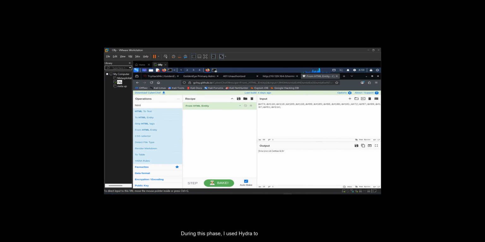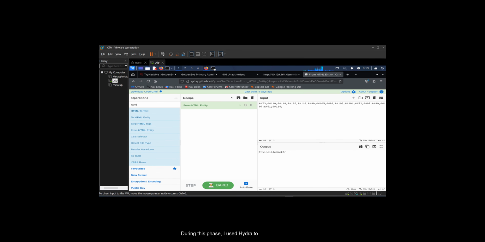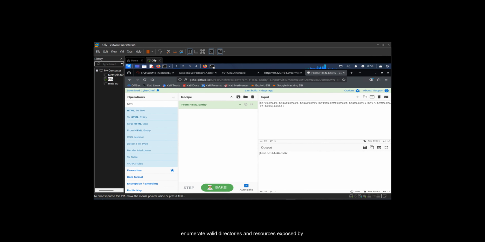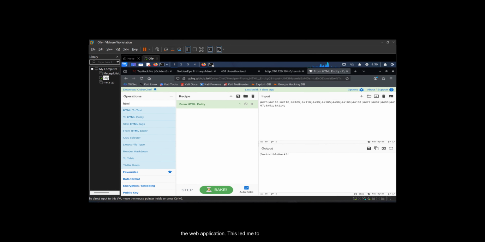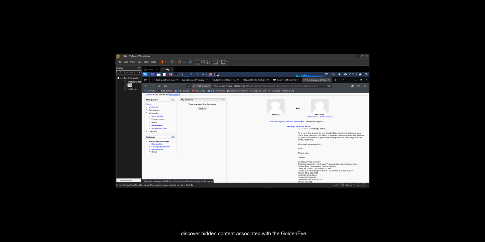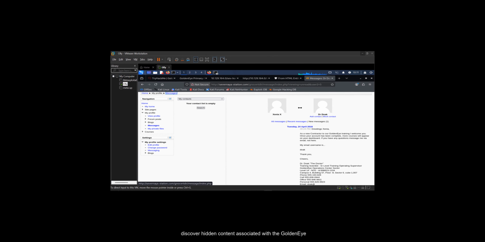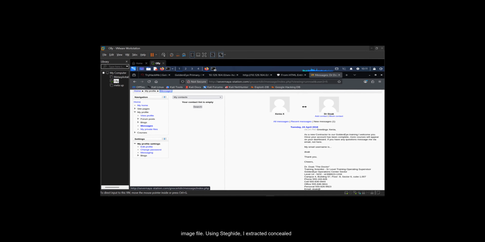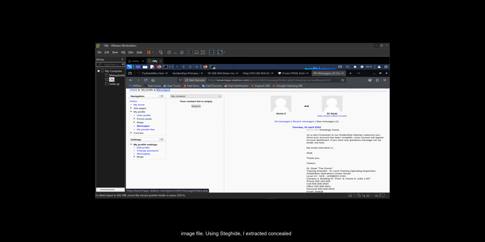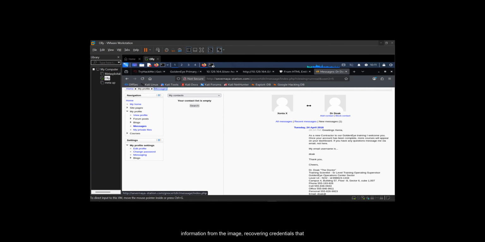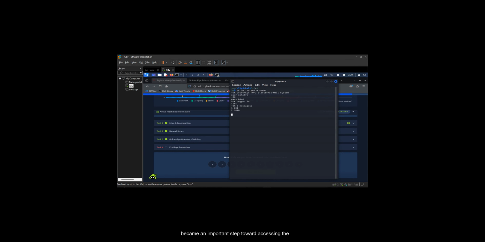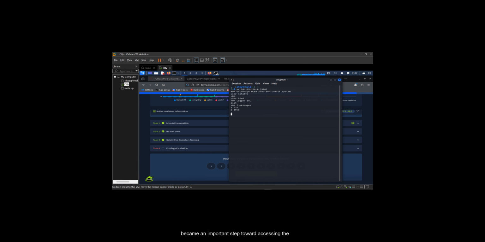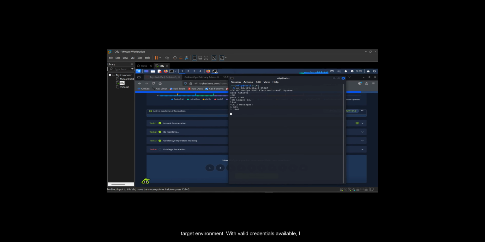After identifying the available services, I focused on web enumeration. During this phase, I used Hydra to enumerate valid directories and resources exposed by the web application. This led me to discover hidden content associated with the GoldenEye web portal. Further investigation uncovered a hidden image file. Using steganography, I extracted concealed information from the image, recovering credentials that became an important step toward accessing the target